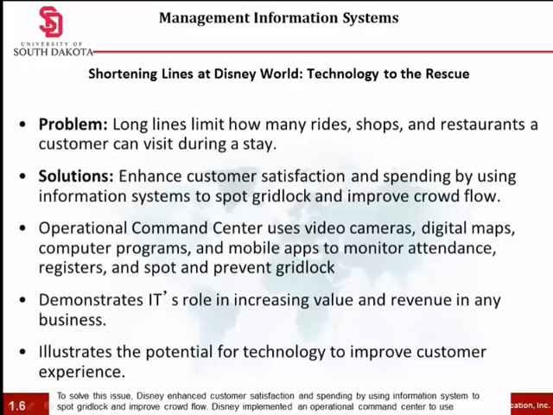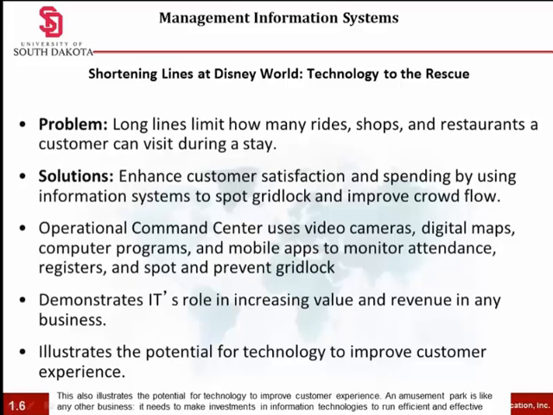Disney implemented an operational command center to use cameras, digital maps, and mobile apps to monitor attendance, registers, and spot and prevent gridlock. This solution demonstrated information technology's role in increasing value and revenue in a business.